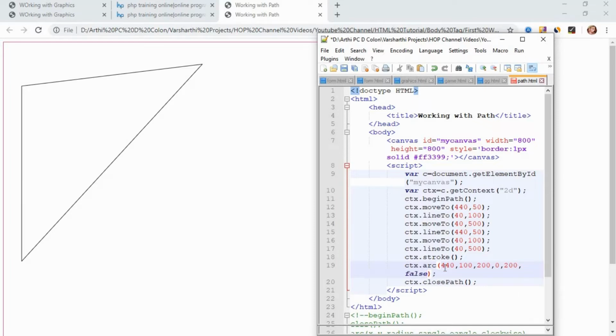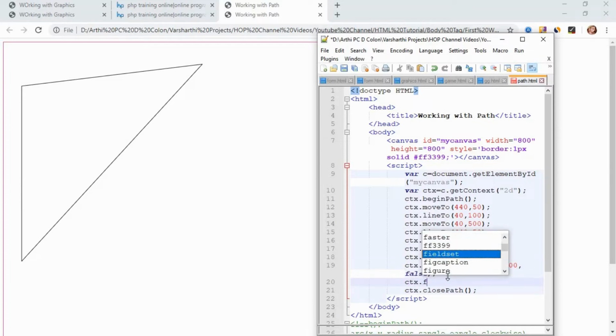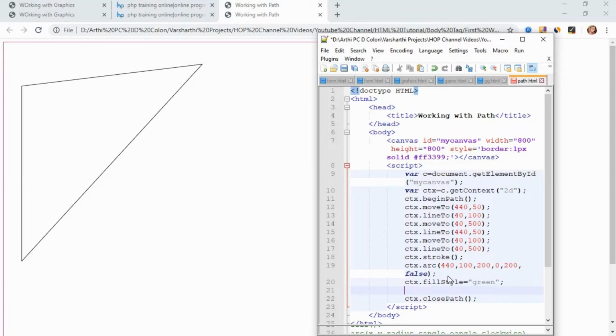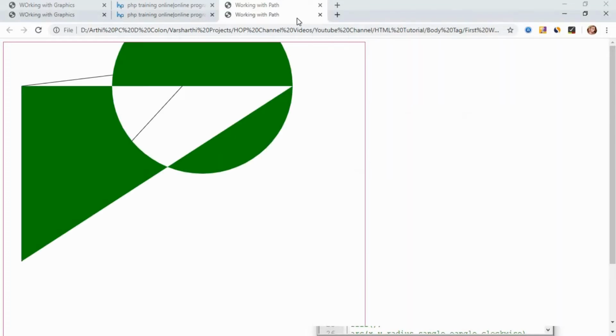If you want to provide the last parameter, which determines the clockwise or anti-clockwise direction, you can provide it. This clockwise or anti-clockwise direction takes only boolean values, true or false, right. After that we have to provide the fill style for your circle, then finally call the fill function so that your circle is filled with the respective color.